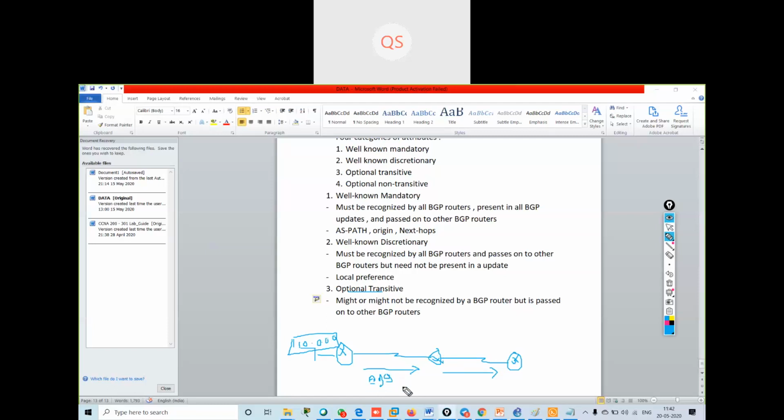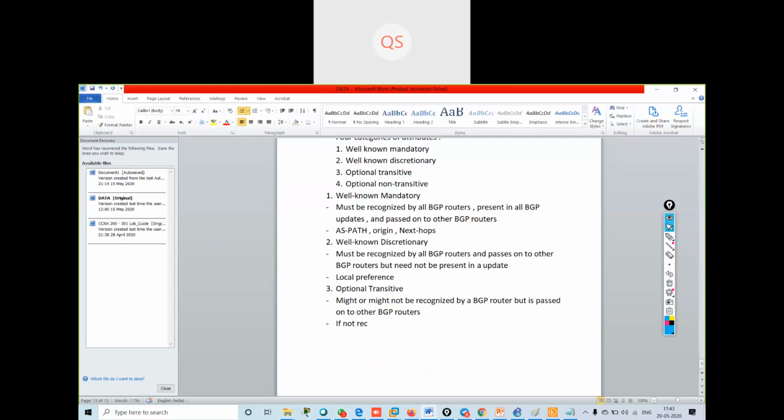So if I'm using the aggregator attribute, this router will pass my 10 dot network information to other BGP routers also. It might or might not be recognized by the BGP router, but it passes the information on to the other BGP routers.